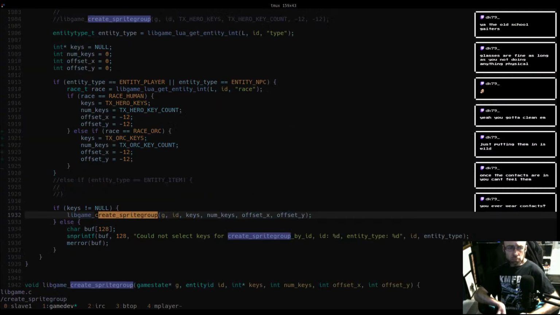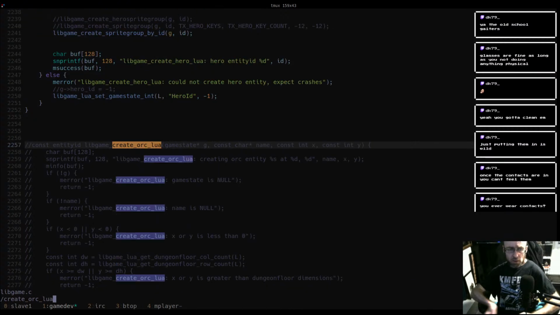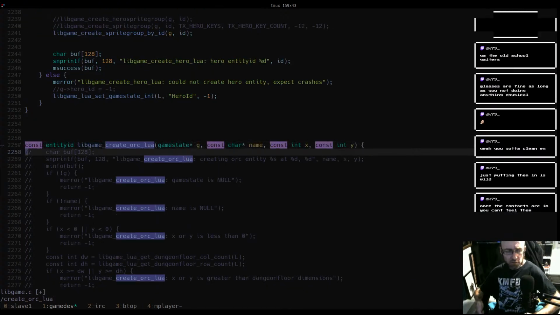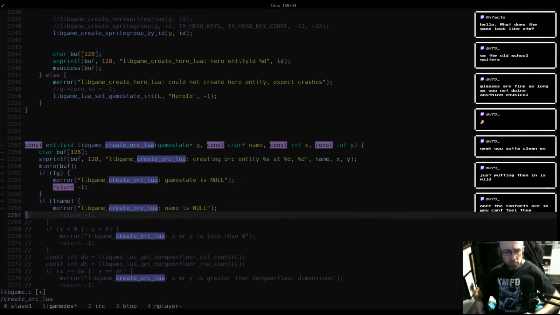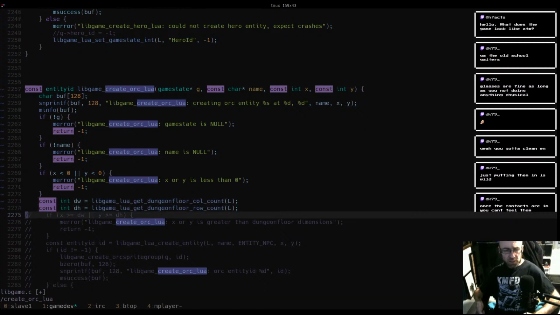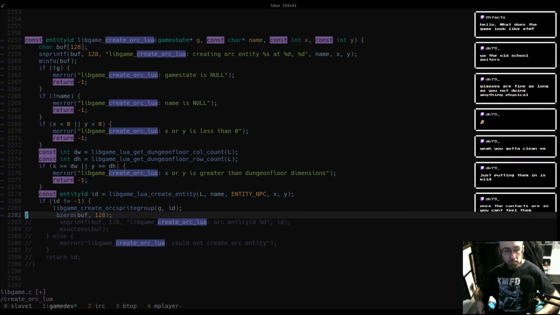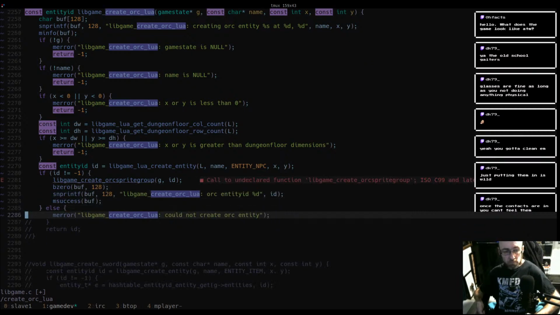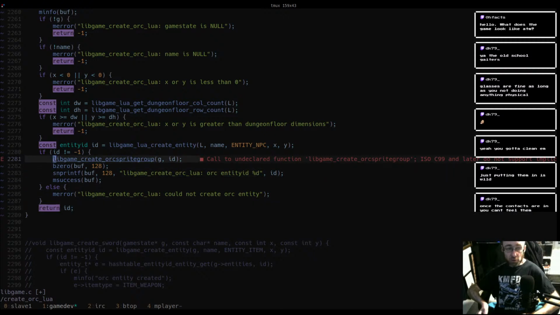So let's uncomment this stuff. Lots of initial error checking. But instead of doing this,